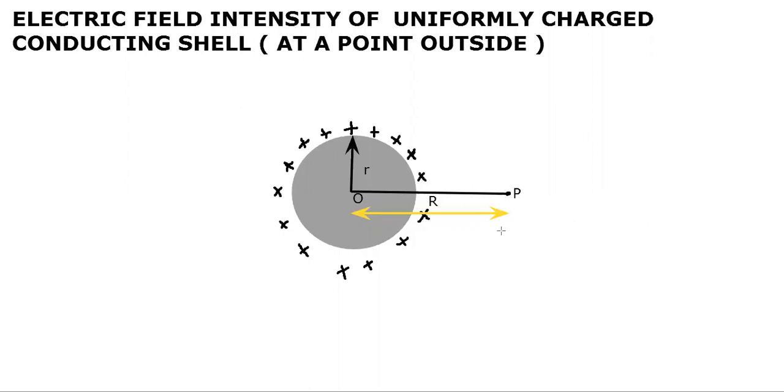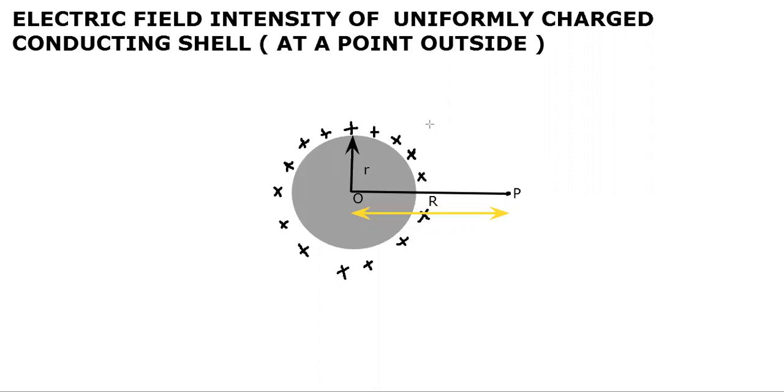shell. Now, as I told you, all the applications of Gauss are very similar in each aspect, that is how you have to solve each derivation of these Gauss law applications. Now, let us talk about the first step in doing these derivations. The first step was to assume a Gaussian surface, that is an imaginary surface. In the first two applications, the Gaussian surface that we assumed was cylindrical in shape. In this case, I have to find electric field at point P. So I will assume a Gaussian surface that will cover this point P.